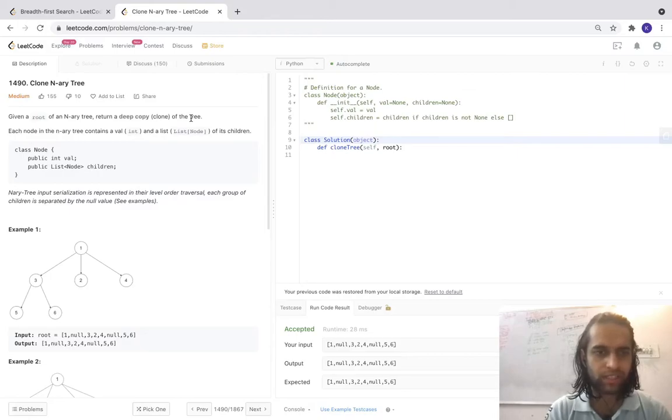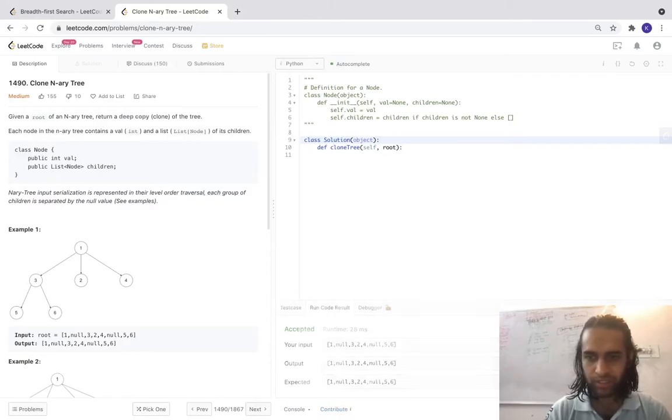As we are solving these problems in a BFS pattern, we'll solve this problem using the BFS template we are following. But we'll start with the DFS technique, which is recursive DFS, and then a non-recursive DFS, and then we'll jump to the BFS template. So let's see how we do it.